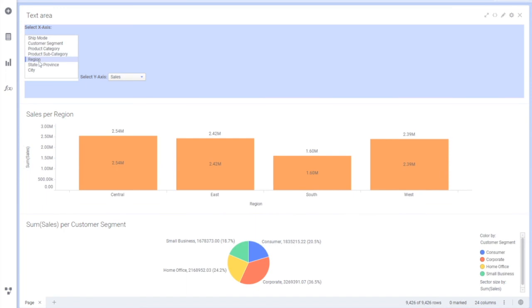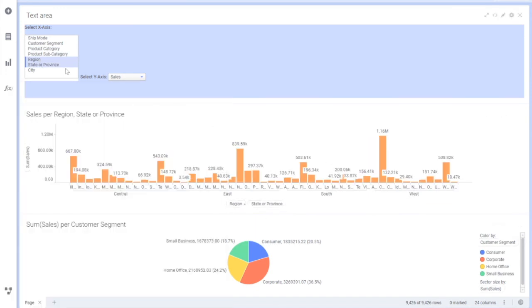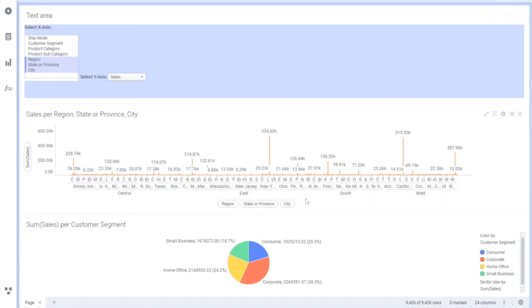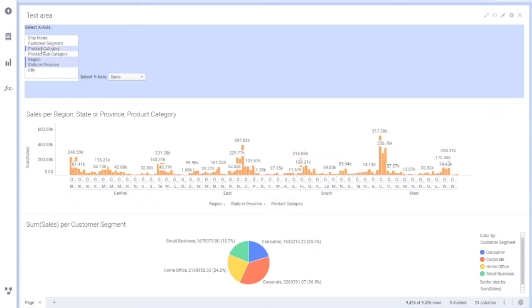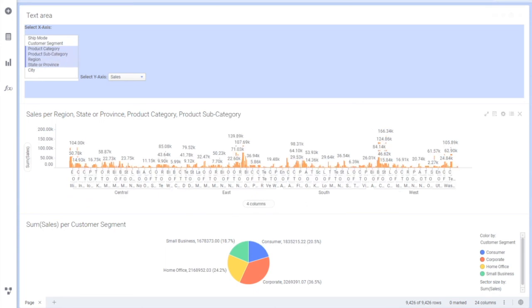Let's say I want to see region and state together. Region and state, here you are. So region and state are showing up here. If you want to see city also, just use control, select city, and here you are. And then you can apply the filters so that you can get it clear. I don't want to have city, I want to have product category, and here you are. So it is again a way: central, which is a region, then you have states, then you have category, sub product category, and so on. This way you can select multiple columns, multiple selections into your x-axis.